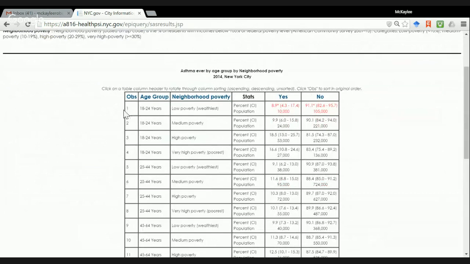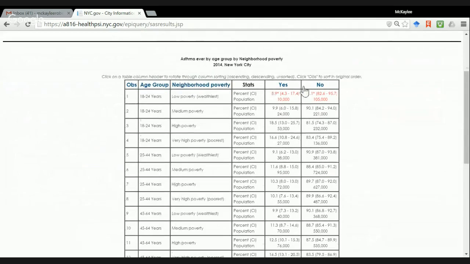All right, and here we see that among 18 to 24-year-olds in low poverty, so the wealthiest neighborhoods, 8.9% of them have asthma. Among 18 to 24-year-olds in high poverty, 18.5% of them reported having asthma. And if you think about asthma and the conditions that we think might cause asthma, this makes sense, right? Things like